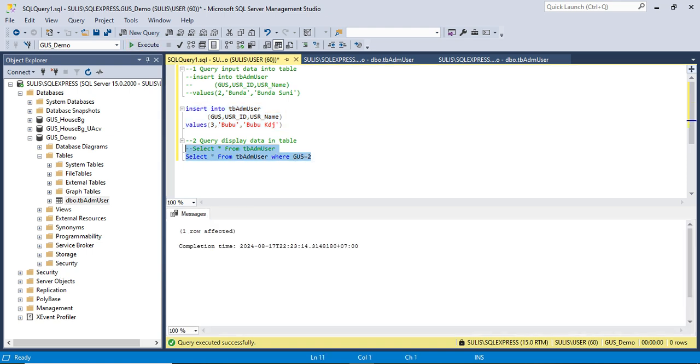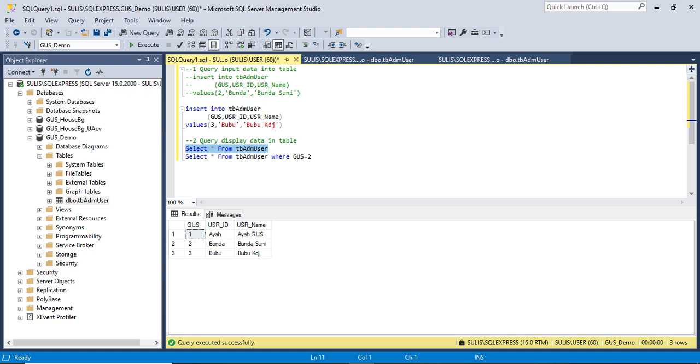Execute, and now we have three data. See?